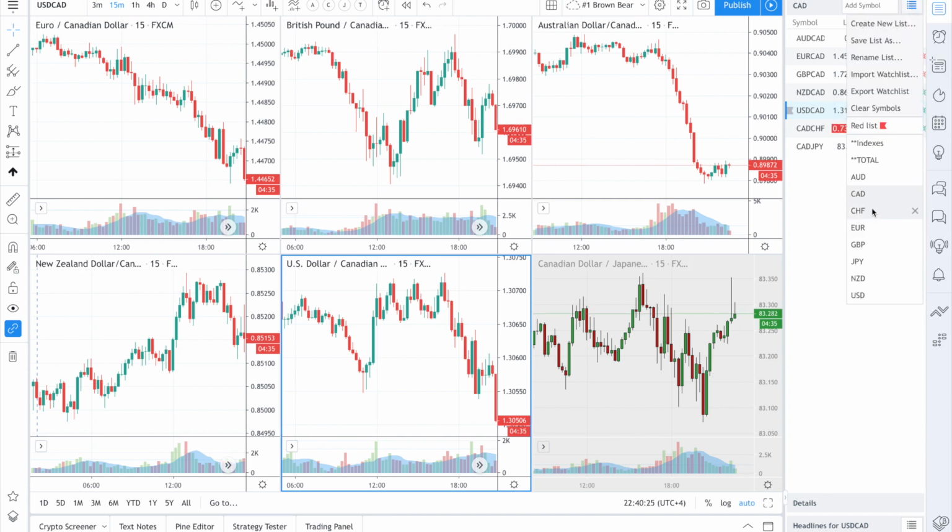Gonna give you Swiss franc. These are all the Swiss francs that I have. Gonna give you Euro. Okay, these are all the Euro pairs. Pound. Yen. New Zealand. US dollar. Okay, you can pause and rewind as many times as you want to make sure all your